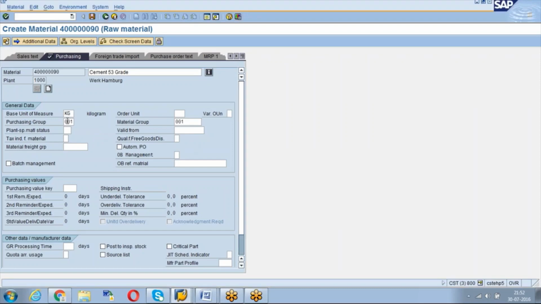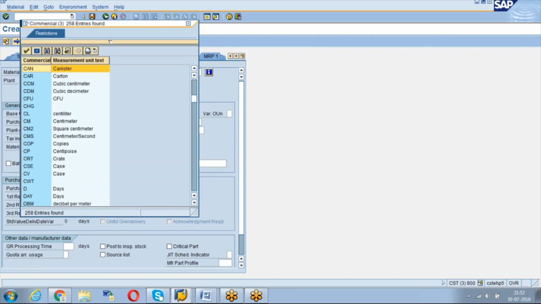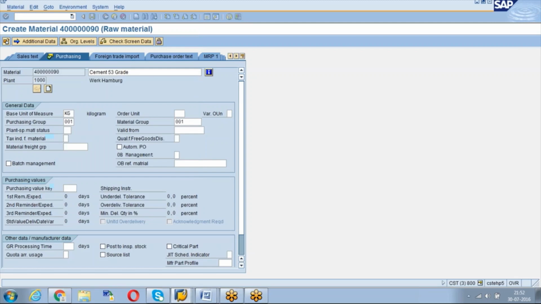What kind of information are we keeping here? What is the kg? For example, order unit. The base unit is kg, but the order you are giving in some bag or pack, something like that. We can say pack. Then we have to maintain that each pack equals 100 kg or like that. That is the order unit, and also if you want to maintain any automatic PO indicator, specific purchasing related data, we can maintain